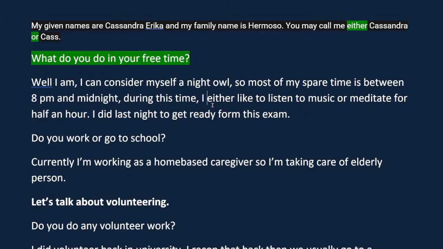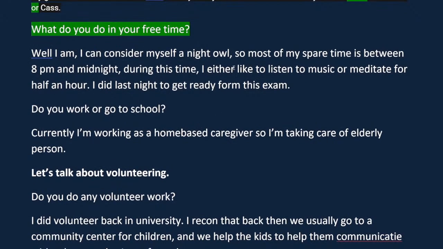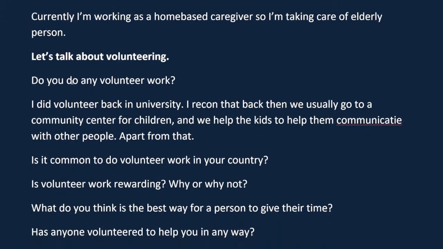And so make sure that when you're practicing, you reflect on your answers and get feedback from others, and also criticize yourself, right? Think about, okay, does that make sense? Is that connected? Am I explaining this clearly? So ask those important questions from yourself, okay? Same situation with this question, do you do any volunteer work? So you said, I did volunteer work back in university. You're not answering the question. The question is present tense.